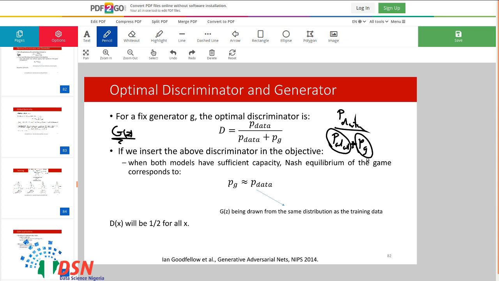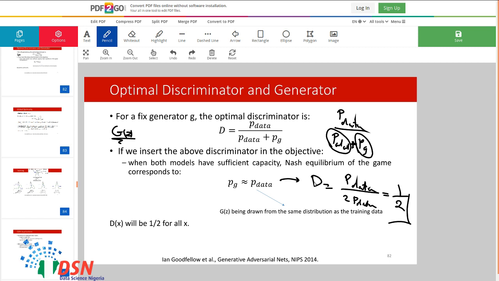So in that case, if you have this equality, then this is the optimal discriminator, and the optimal discriminator output will be 1/2.